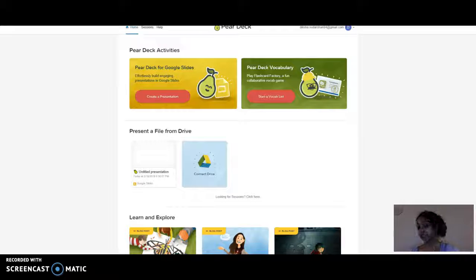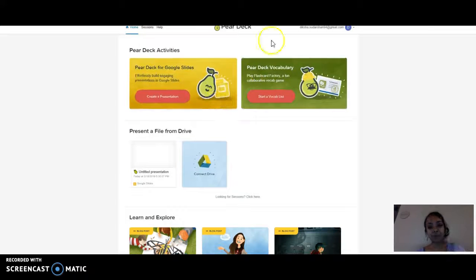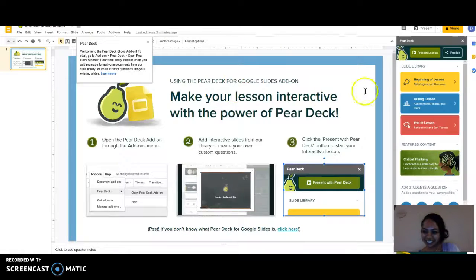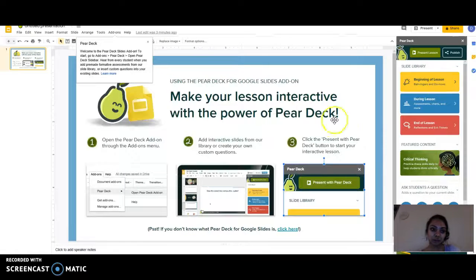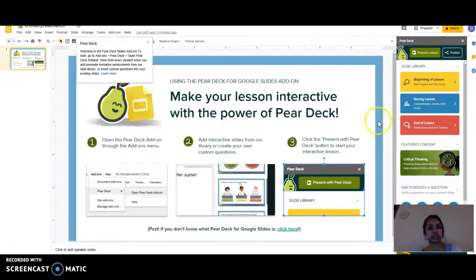It's a very creative presentation tool that you just might use in your own classroom. So let me open Pear Deck and show you what it's all about. Beginning of lesson. It allows you to do formative assessments easily and integrate them throughout your lessons in an interactive